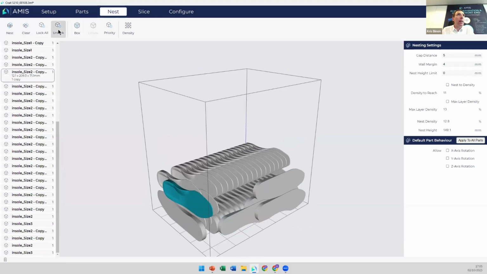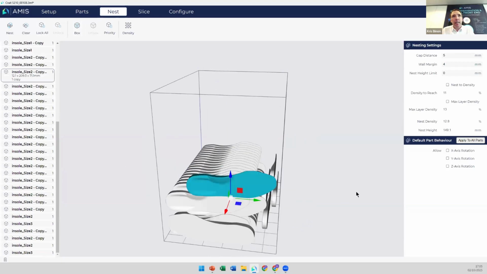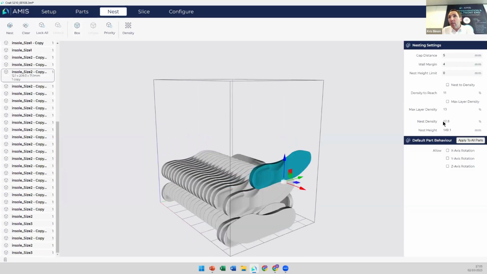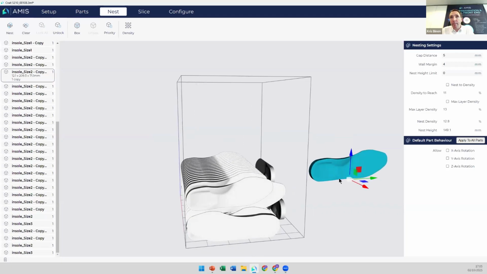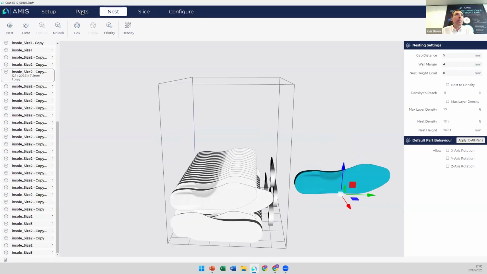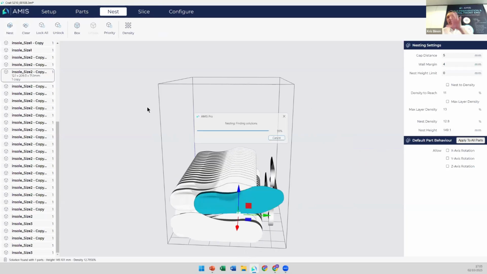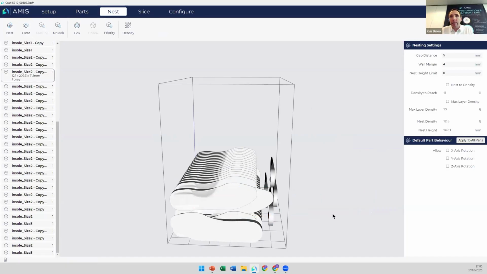I'm gonna unlock first, so otherwise I can't move it. And imagine we had just one sticking out here, and that's basically totally ruining my nesting density at that point. What I could then still do is just put that one out. Oh, that was a bit too far. Again, lock all, and then this one is still free floating, so that again can be nested inside separately. Of course, now it goes back into the same place, but it might then also allow you to say,